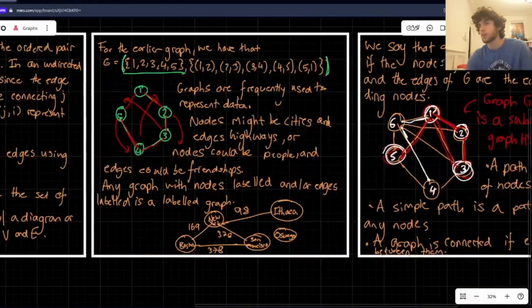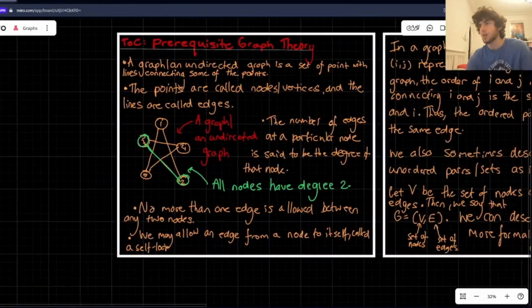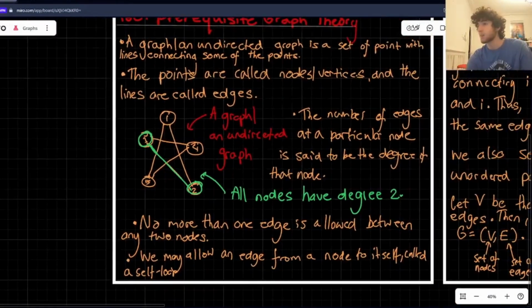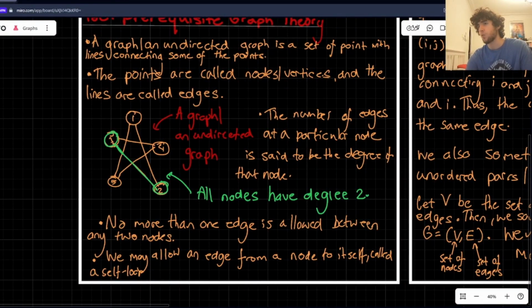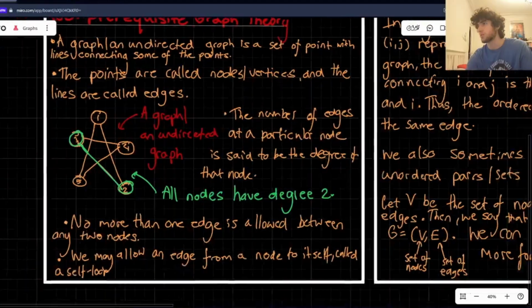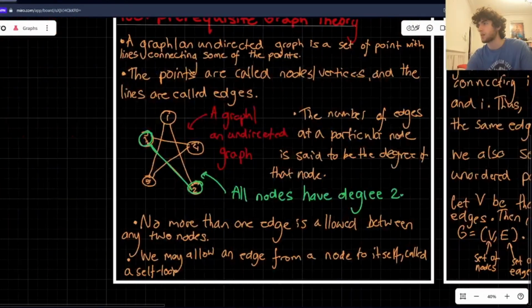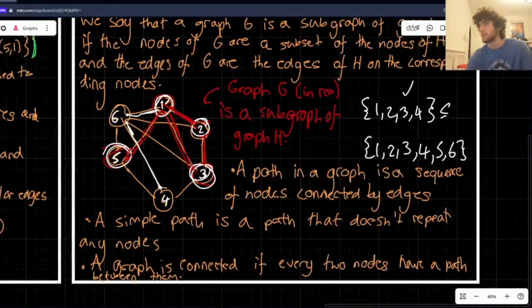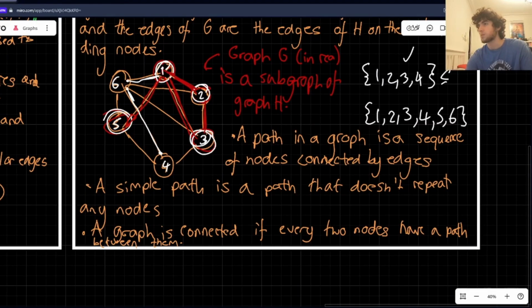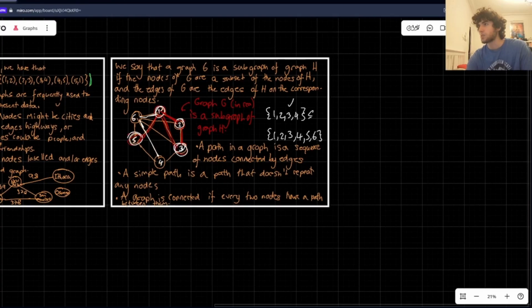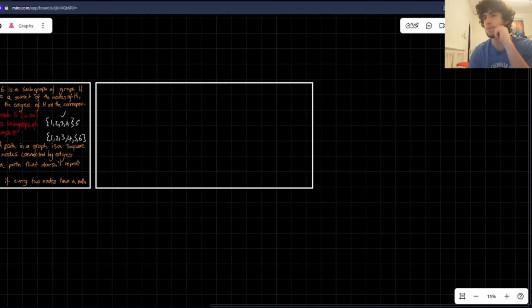Okay, but for example, if we look at this graph over here, the star, that is connected because if I want to get from 1 to 4, I can go from 1 to 5, then 5 to 4. There is a path between those two, and the same is true for all pairs of nodes on that graph. Effectively, same thing up here, right? So that's what it means for a graph to be connected. So hopefully you have an idea of what these things mean. Okay, right. So moving forward,